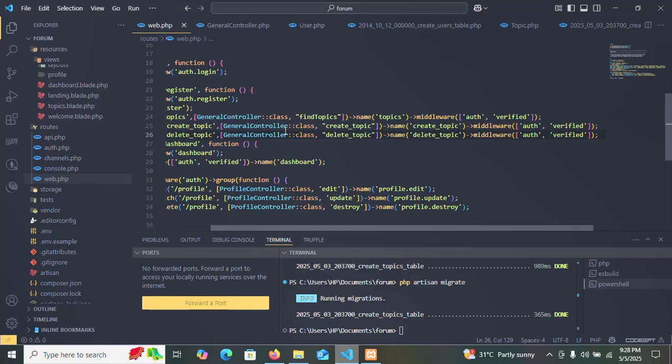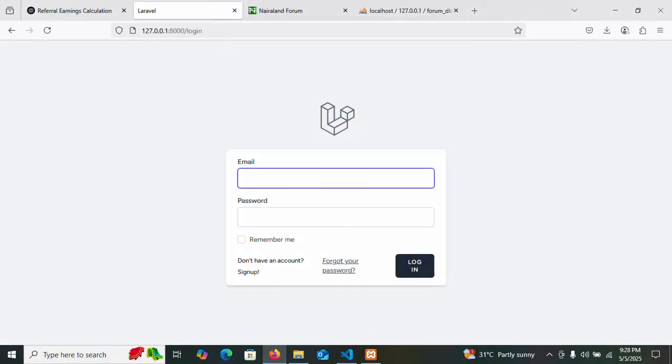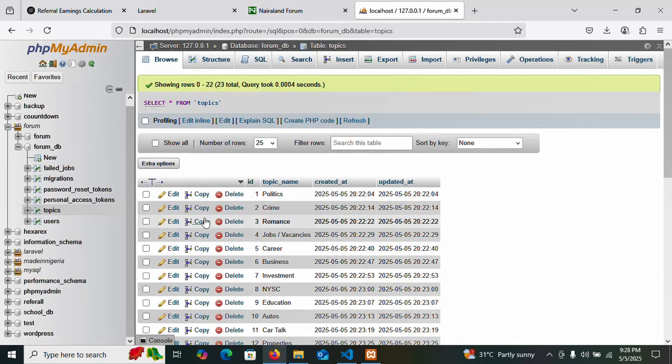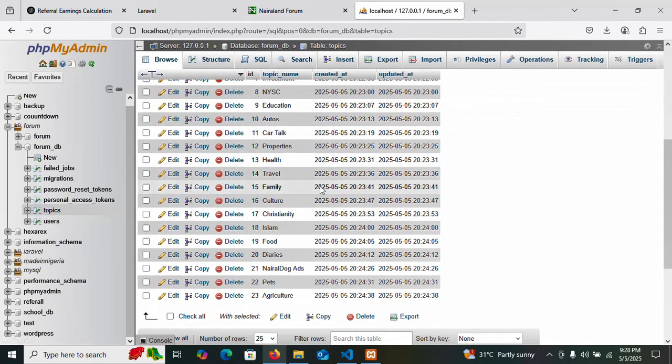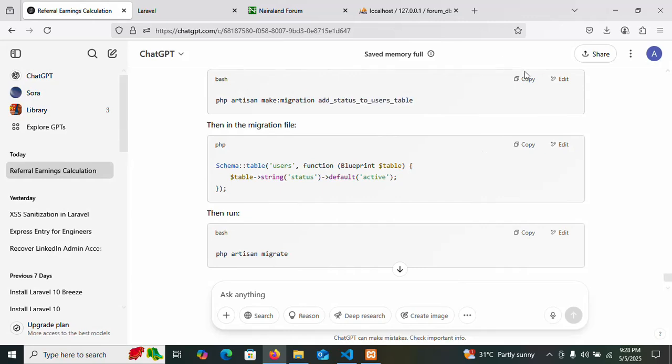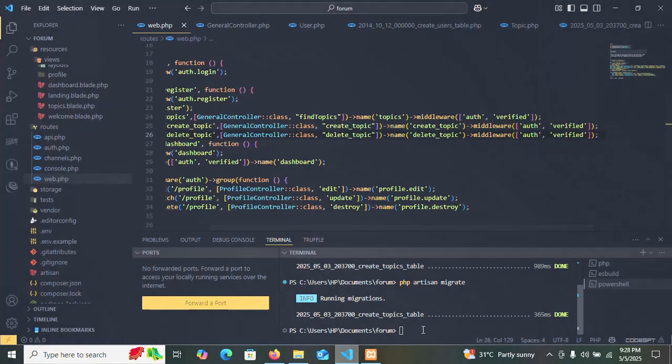In order to create a new column in Laravel, since you have already migrated your tables, we notice that if you come to the topics table, we have some data in it, and we cannot reset our migration. So what we need to do is alter the table, and to be able to alter the table, we need to set up a new migration file. To do this, I'll be making use of an AI companion, which is ChatGPT, and we just copy this code, which is php artisan make:migration add_status. So we want to add the status to the users table. So we run this command,